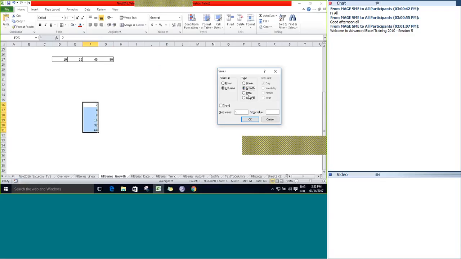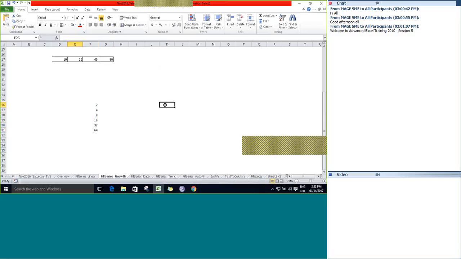Similarly, the same can be achieved without using the fill series growth option also.